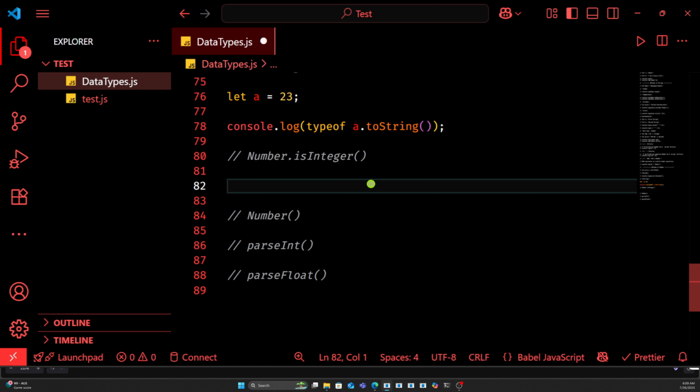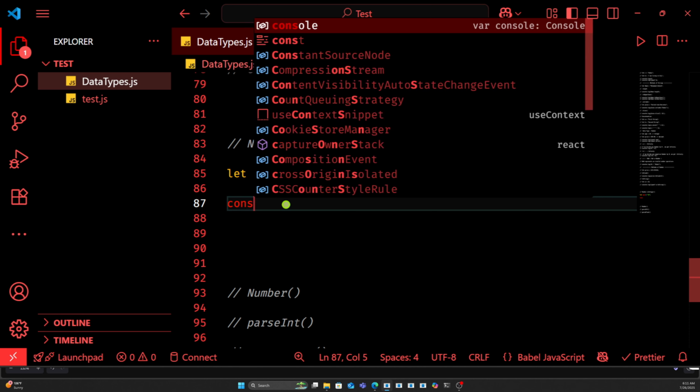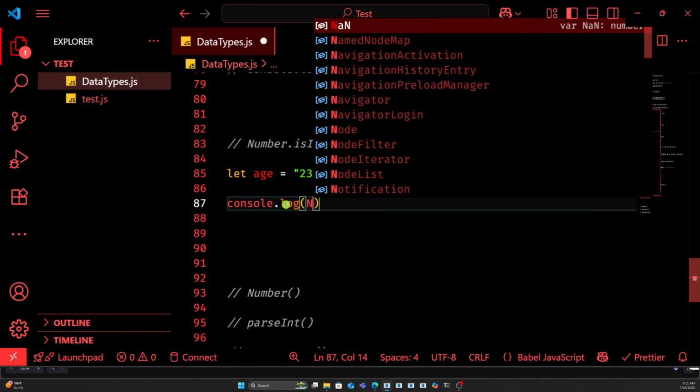The next method is Number.isInteger. This method is mostly used when we want to specifically check whether the number we are getting is in integer format or not. For example, a lot of times the number we are getting is not an integer type, it is in string format. So here, if I create a variable age that is in string format, now I want to check whether this age variable has a number data type or not. So how to check this? I write console.log